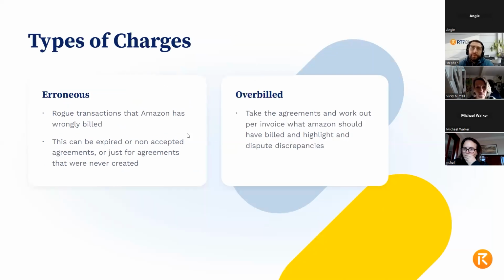This is what I mean with the erroneous versus overbilled. With erroneous, you should not have been billed it in the first place, and you can check this by looking at your agreements. Something else you can do on the co-ops page is, if you see an agreement and you're not sure what it is for, on the right-hand side where it has the download option, go to agreement text. If that doesn't pull anything up, or comes up with an error saying cannot find agreement, or has provisional agreement, see rate card, you do not have an agreement in place.